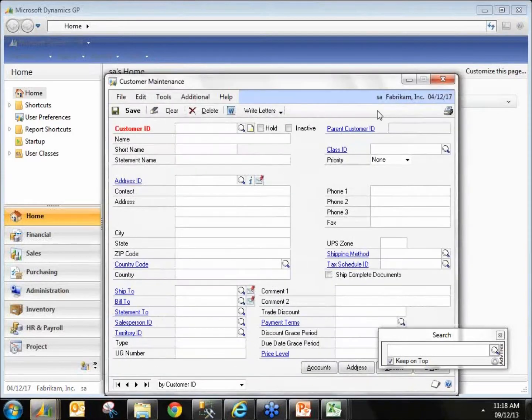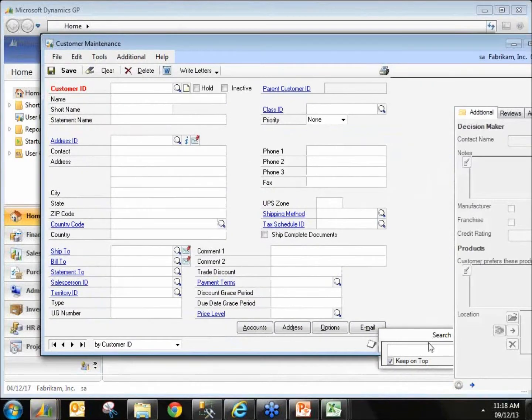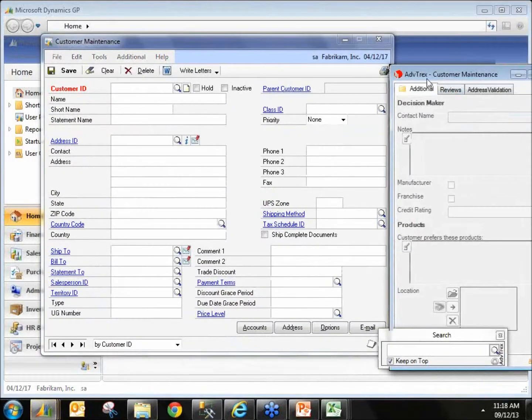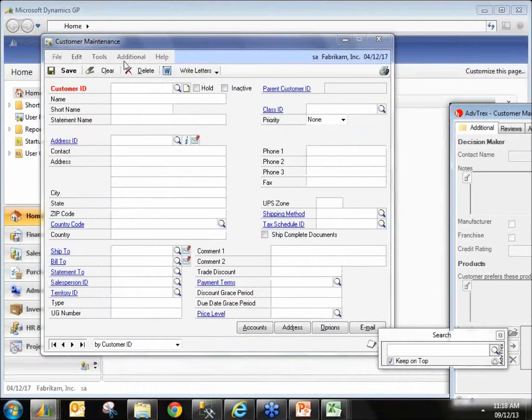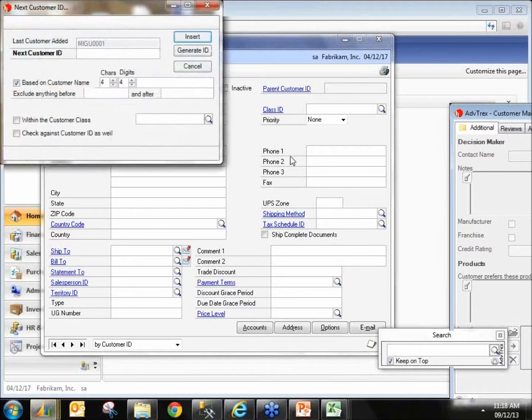We have on the customers, and let me make sure I disconnect the Elastic so it doesn't make noise. So here, I want to add a new customer. And in GP, you would go into Smart List and then try to figure out what the next customer ID will be, especially if you're using the name to be one of those. So if I go here and say, based on customer name, the first 4 characters and the 4 digits,